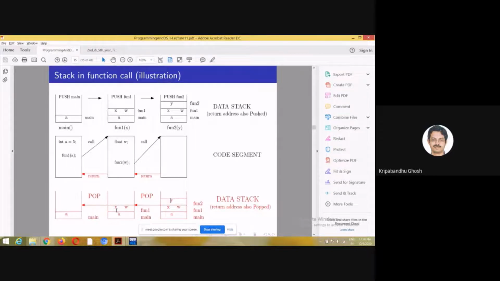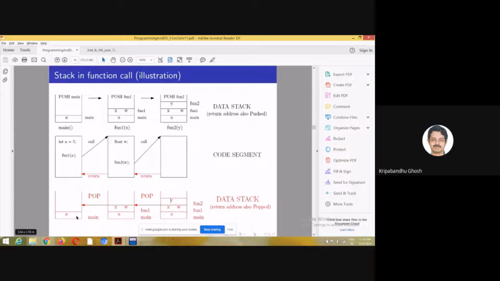When we return from function 2 to function 1, this element would have been useful, so this element would have been popped. Now we are left with this. When we are returning to main, we now need this information, right?